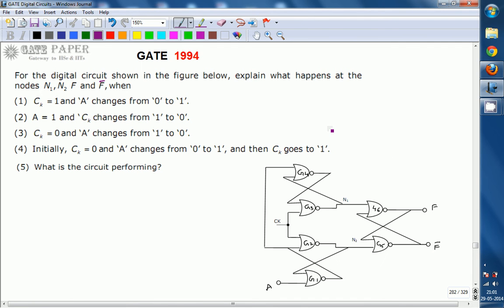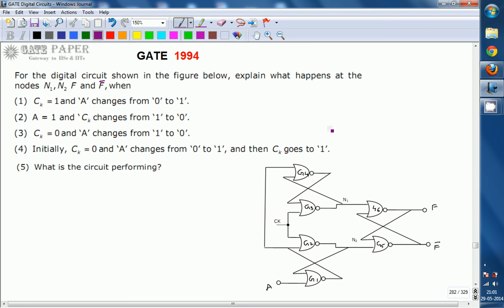Hello, we are discussing the GATE 1994 ECE paper, and the topic we are discussing is digital circuits. Look at the circuit diagram shown. For the digital circuit shown in the figure, explain what happens at the nodes N1, N2, F and F bar